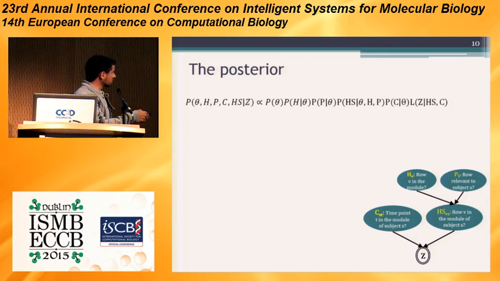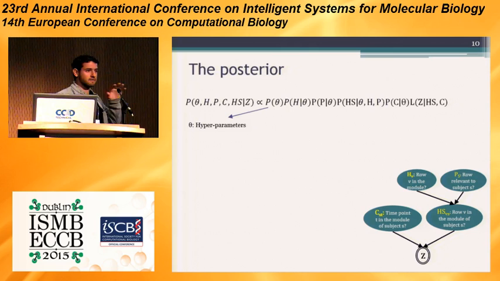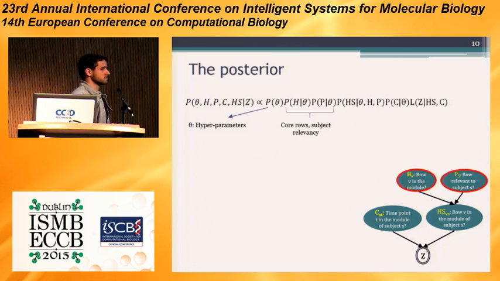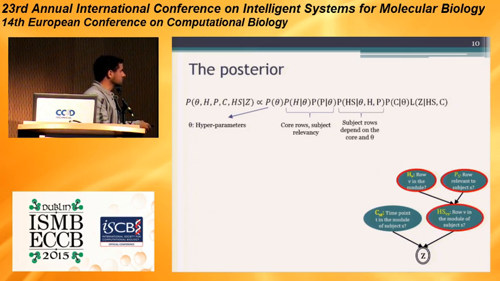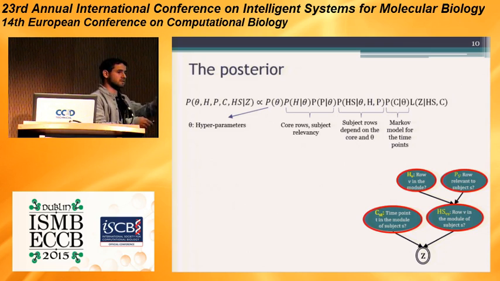So we can now write down how the posterior looks. We have all the parameters given the data, and it breaks down as follows. We have the probability of the hyperparameters that I omitted from this slide, but I will comment that whenever we can, we use uninformative priors just to reduce the number of parameters. This is the first layer of the model, where we select the core rows and the subject relevancy. Given this information that is shared across subjects, in the second layer, we determine the rows that are actually selected in each subject. And as I mentioned earlier, we model time points using a Markov process that is not present here as well. But given the H and C, we know the rows and columns in each subject,